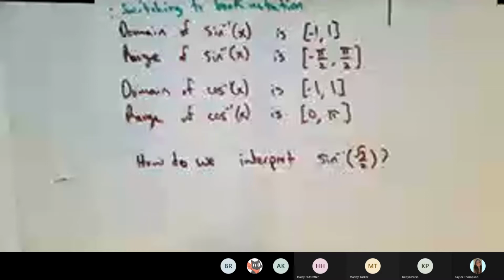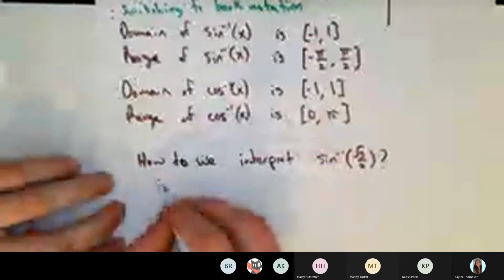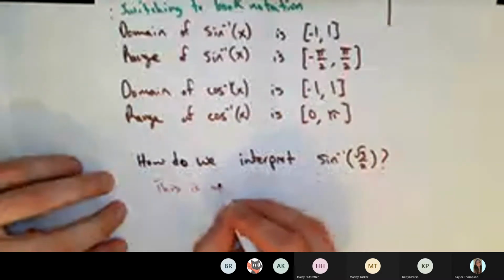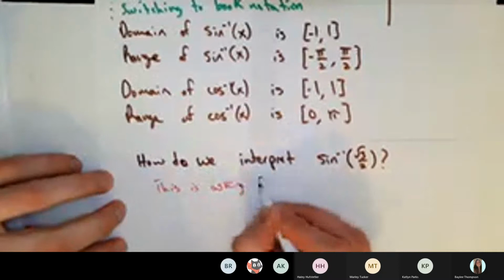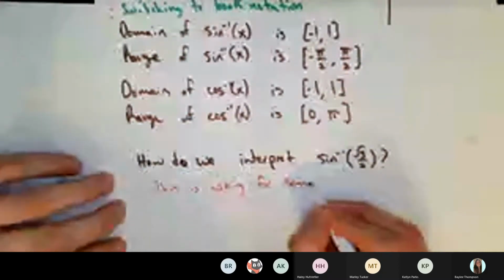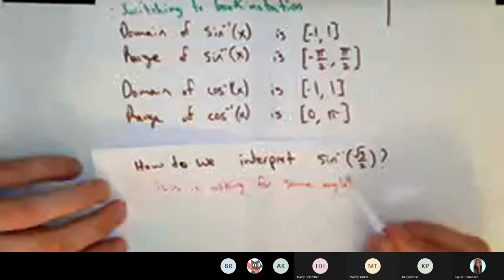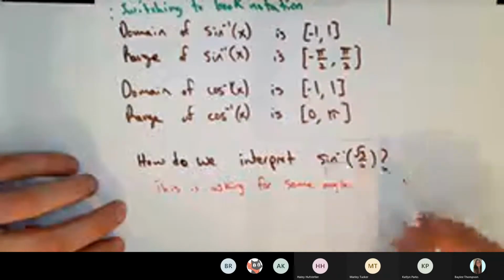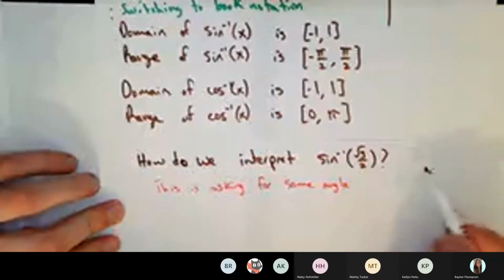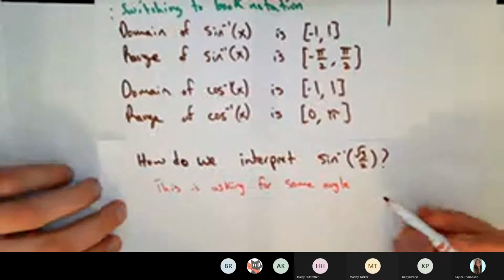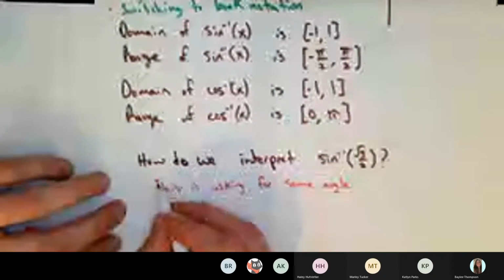This is asking for some angle, right? The output of a sine inverse function should be an angle. Like this in the end will equal some angle, probably in radians, right? This is asking for some angle